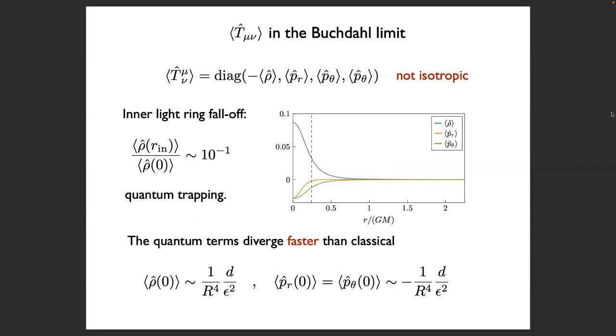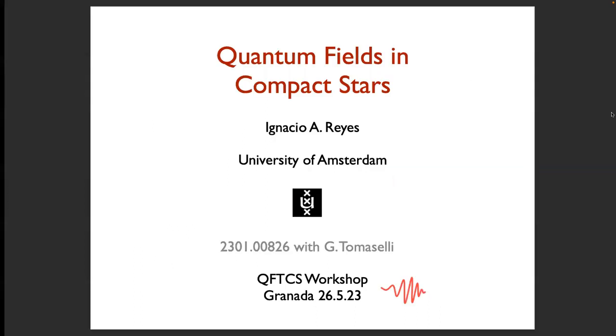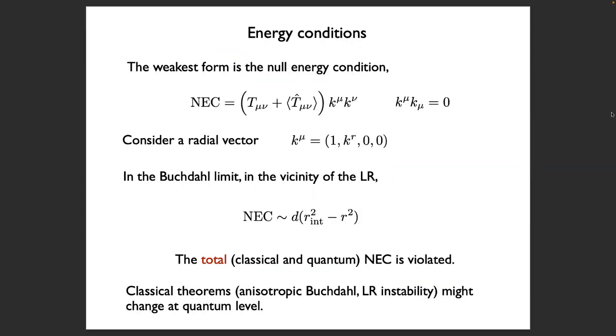As is to be expected, the quantum terms diverge quadratically faster than their classical counterparts. This is not a surprise, of course. But anyways, this is something you can check. So this is the rough behavior of the quantum matter. Now, there's one thing you can calculate that gives you an intuition of what's going on,